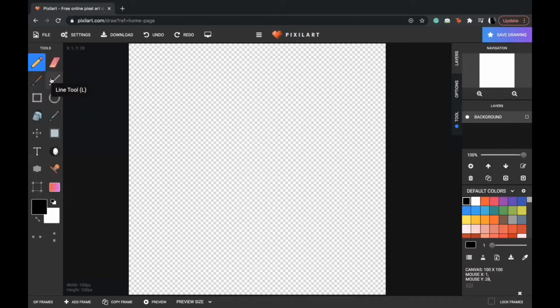So going on to the tools, we'll start with the pencil tool because that's the default, that's selected, and it's also something that's very easy to explain. So what the pencil tool does is it basically allows you to freely draw whatever you want to draw, one pixel at a time. So you can see that here, but you can also increase the amount of pixels that